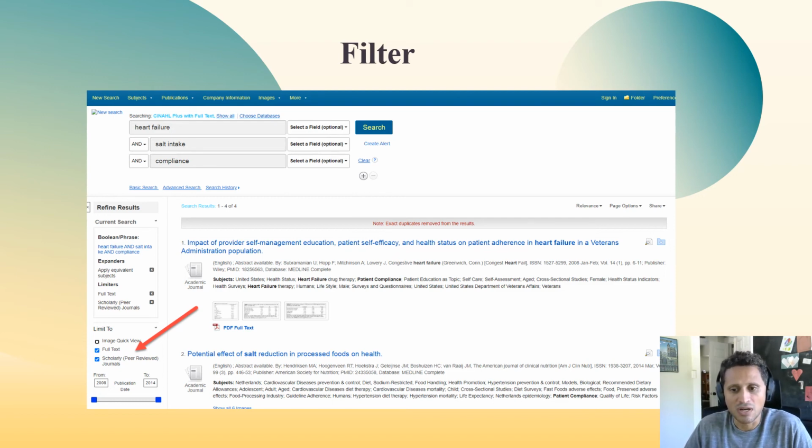You want to find full text articles because you want to be able to read these articles and apply what you've learned. But you also want to find good quality articles. And what we mean by that is articles that are peer-reviewed. And that means articles that are written by scholars and reviewed by scholars in their field. And this just increases the quality of evidence, and it helps us come up with more informed and evidence-based interventions for our problem in practice.